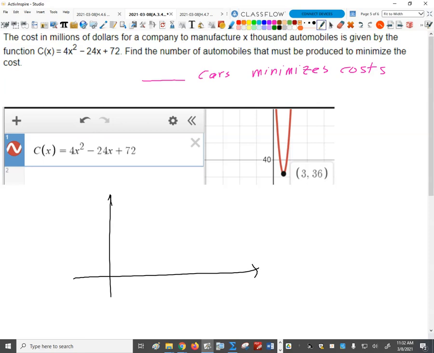So x is my input, right? So this is the x-axis. The horizontal is the x-axis, horizontal axis. My output is C, and so the output is the vertical axis. My y-axis is charting total cost, right? So a is positive, so I know that this function is going to open up, which it does. And if I look at the coordinates of the vertex,